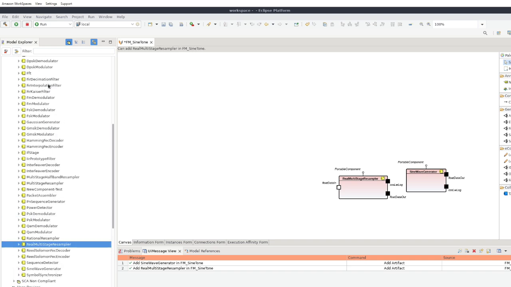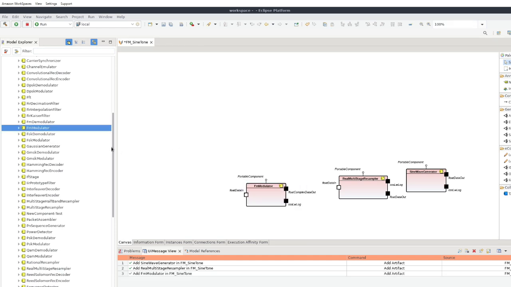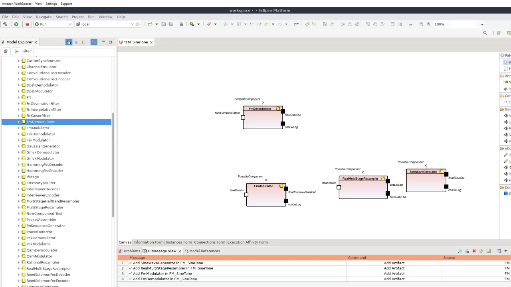Then the FM modulator. At this point, we would normally place the transceiver to go over the air, or we could place a channel emulator, but let's keep it simple and go directly to the demodulator and decimator.